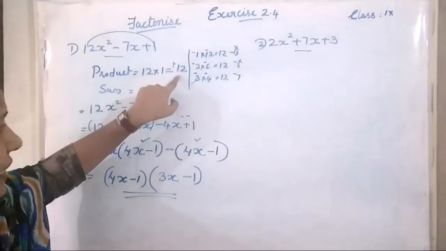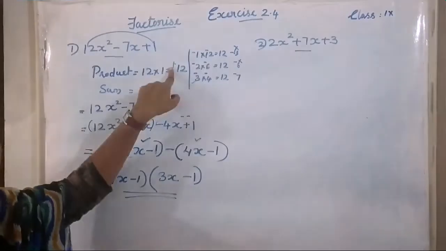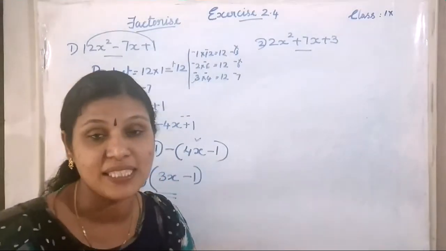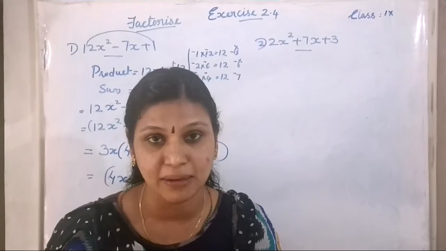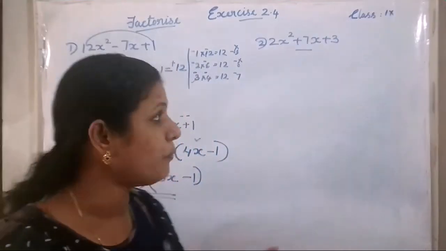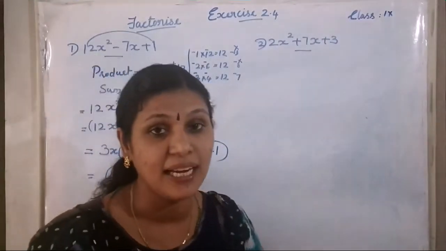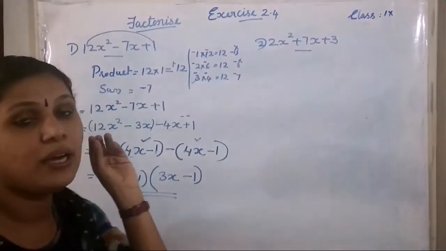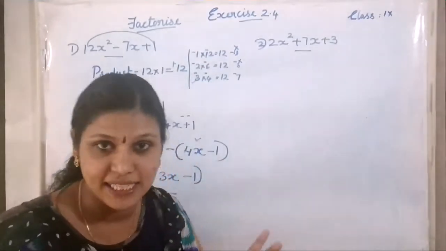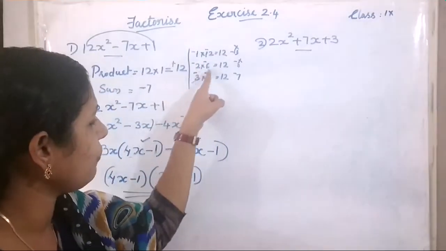But first we check the sign, here is plus. Product sign is plus. So, we select the two number signs, either positive or negative numbers. For putting that negative or positive sign, we check the sum sign. Here the sum sign is negative, so the two numbers are negative. So we put the negative sign on each number.